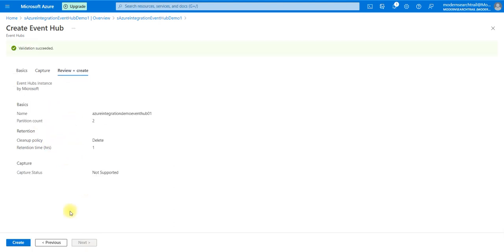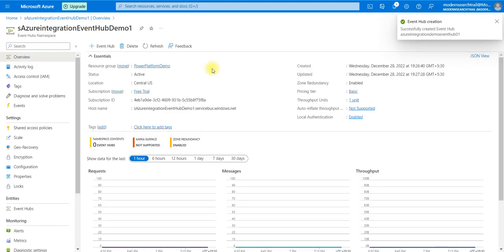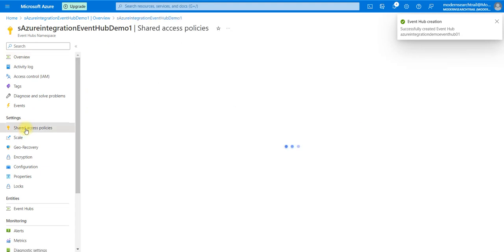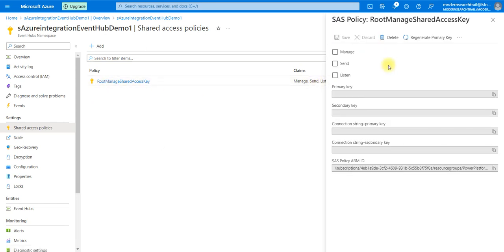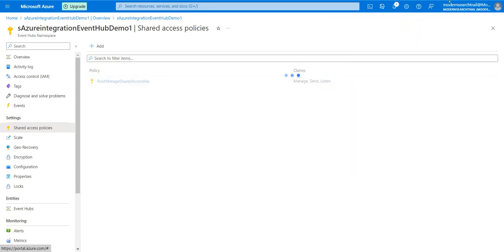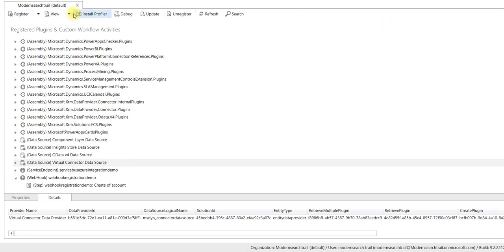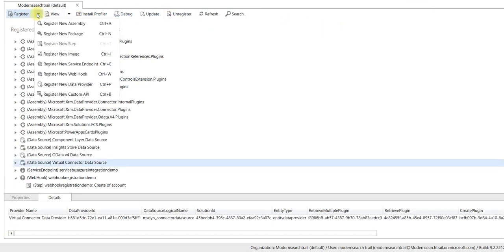Once this Event Hub is created, we'll go to the plugin registration tool and register this Event Hub as a service endpoint. Before that, copy the SAS access policy keys and save them in a notepad. We'll be needing that while registering the service endpoint for the Event Hub. Once the Event Hub is created, open the plugin